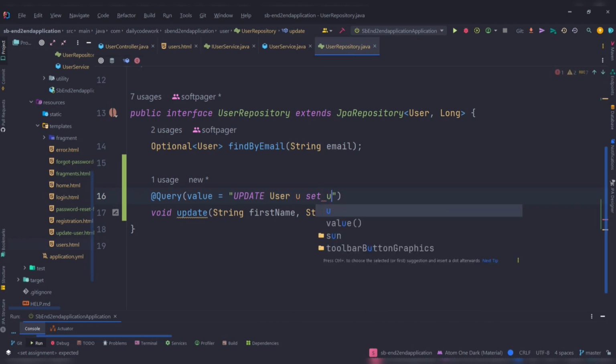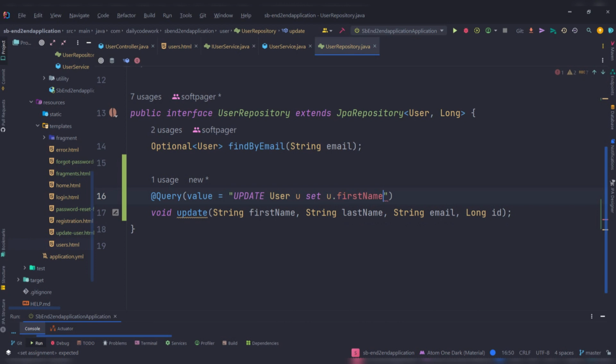So we'll say u.firstName equals first name, the one we got here. Make sure what we are writing, this name here, is exactly the same. You see that IntelliSense is given to us, but it should be the same as what is in the user entity, right? So we're just going to say first name here,